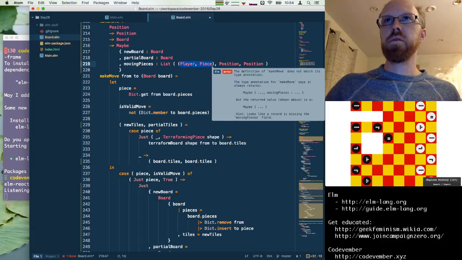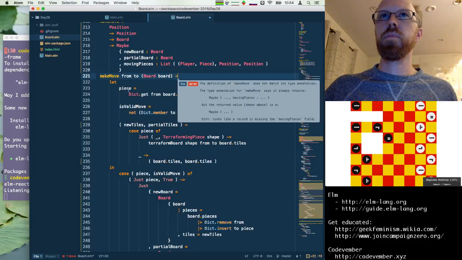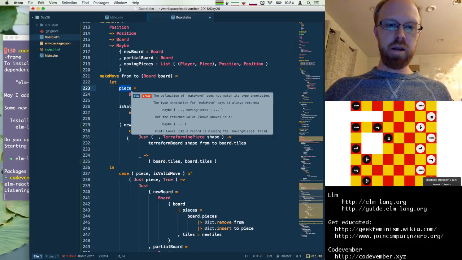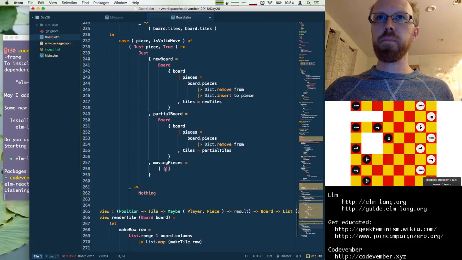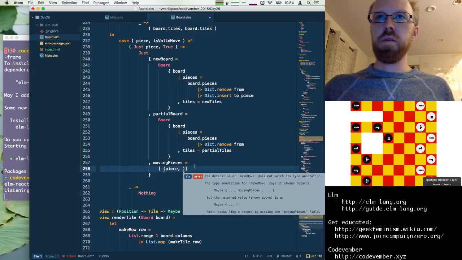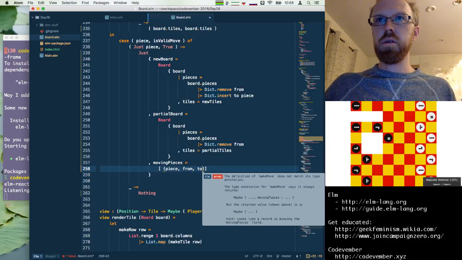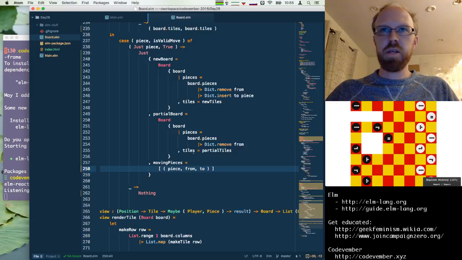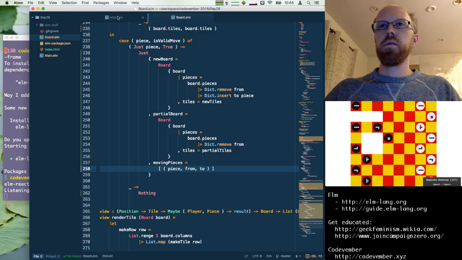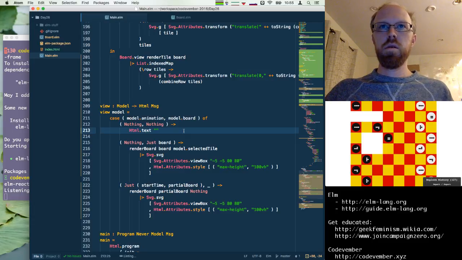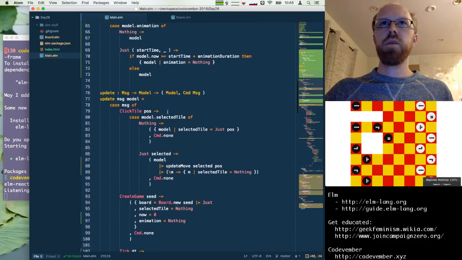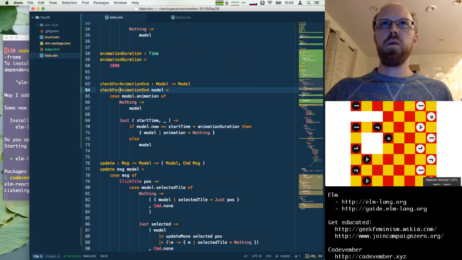Okay, so let's stick this into a tuple. It's a little bit confusing, but this thing is actually a tuple right here that has both the player and the piece type. So we'll have the piece, and we'll have the from position and the to position. Okay, great, and that type checks. So all we need to do now is update our